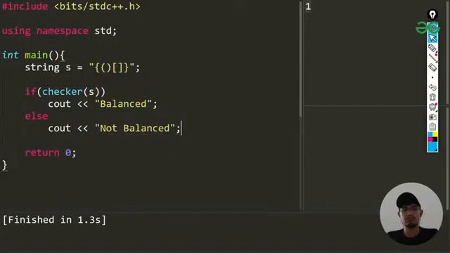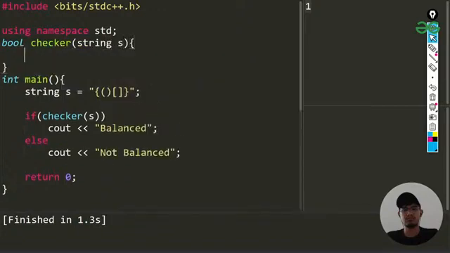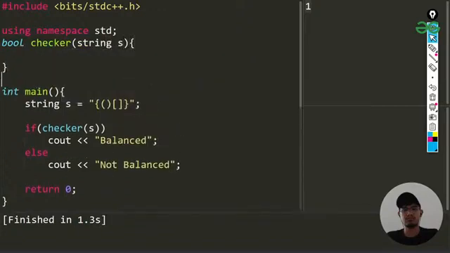Okay, now let us talk about that checker function which we have made here. First thing, this time we are not going to make a mistake, we are going to declare that as a boolean function, and I'll be calling that checker, and in this I'll be passing our string s. Once we have passed that, first we are going to be finding the length.